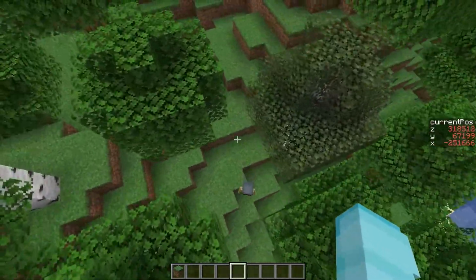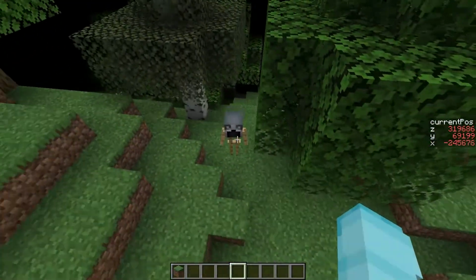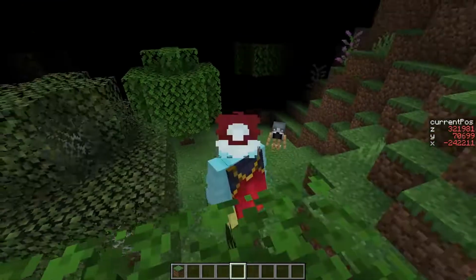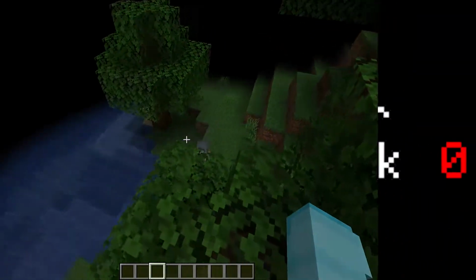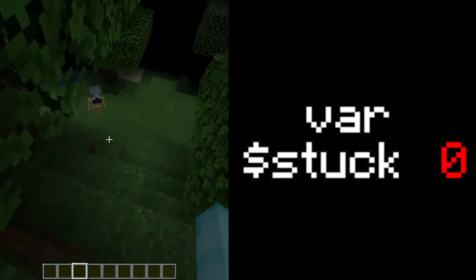Actually, you know what? Scratch what I just said. If you see in the sidebar here, I've managed to get the armor stand's positions into a scoreboard. And this means that we can just check if the position is the same as it was in the last tick, which is a lot simpler than doing a whole thing with a marker and messing around with all that stuff. So currently, as you can see, he is not stuck, and that's indicated by the 0 on the right hand side. But if he gets stuck, so for example, if I go up here and he's unable to follow me,